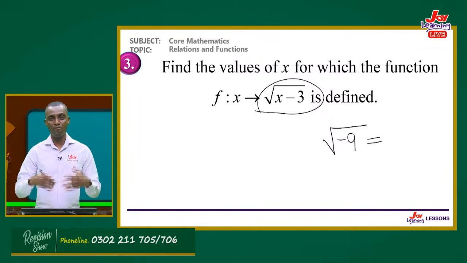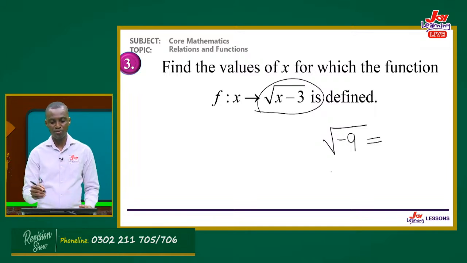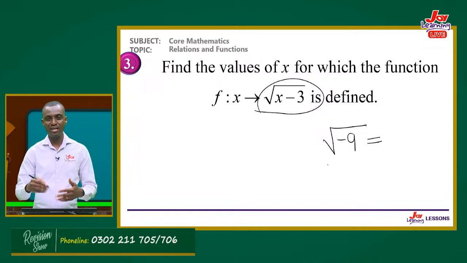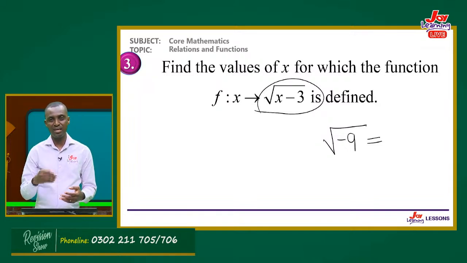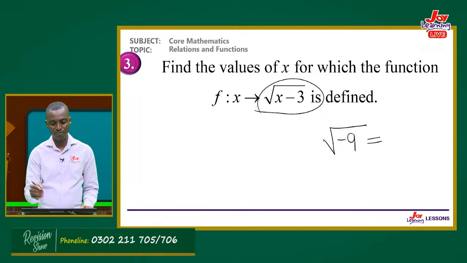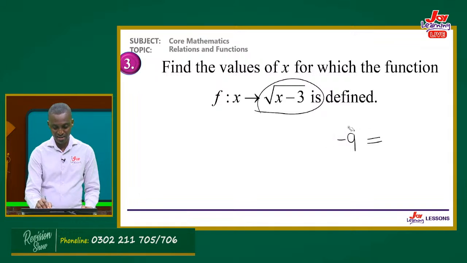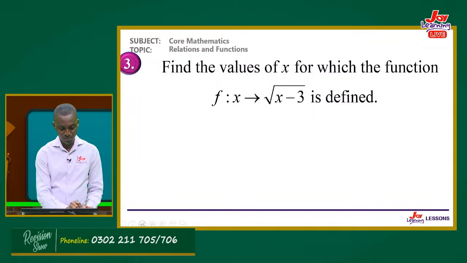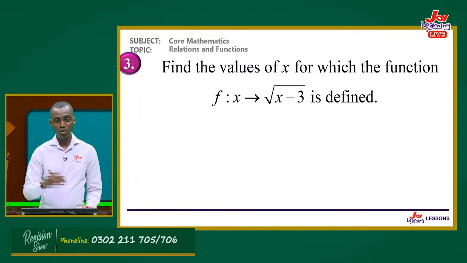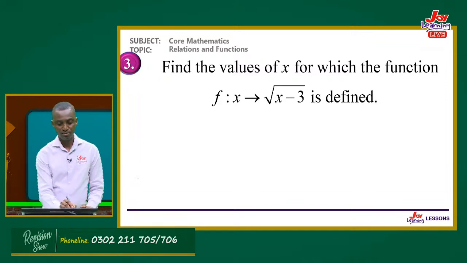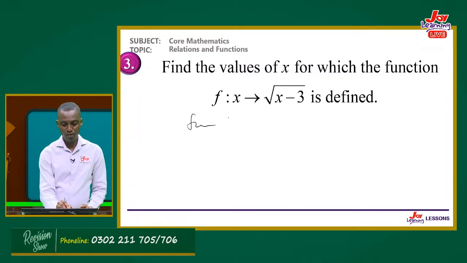And so anytime you have a radical or square root, a number that goes under it must be 0 or above. So square root numbers can be defined if the numbers under it are 0 or above. So we can start by saying that for this function to be undefined, always try to state your condition of undefined. So for the function,